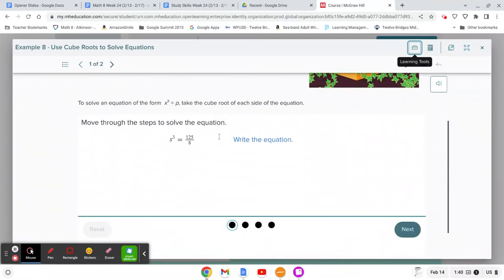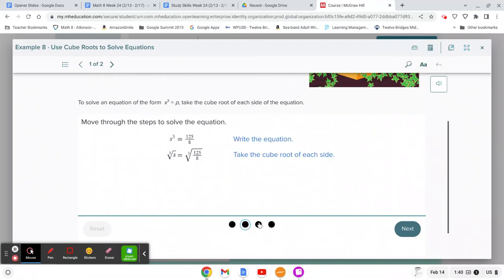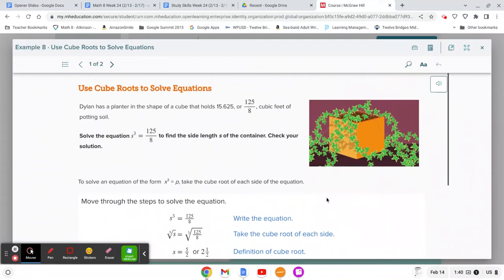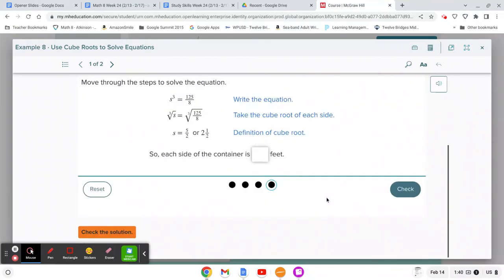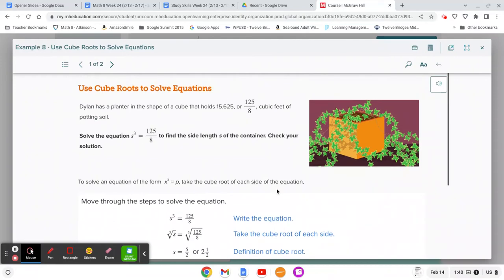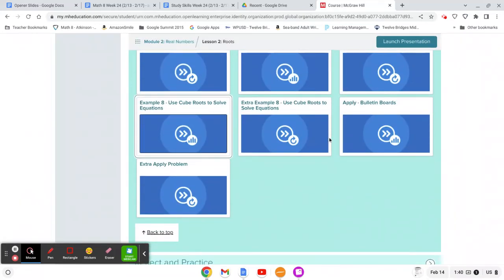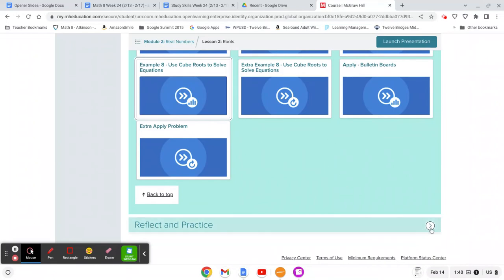They show the planter. Okay, and you can literally move through the steps to get a good example of how to solve this problem and then check it. So it's just like your workbook, but interactive, especially if you weren't in class to even know, well, am I even doing it right? Okay. And then if you scroll down even more,